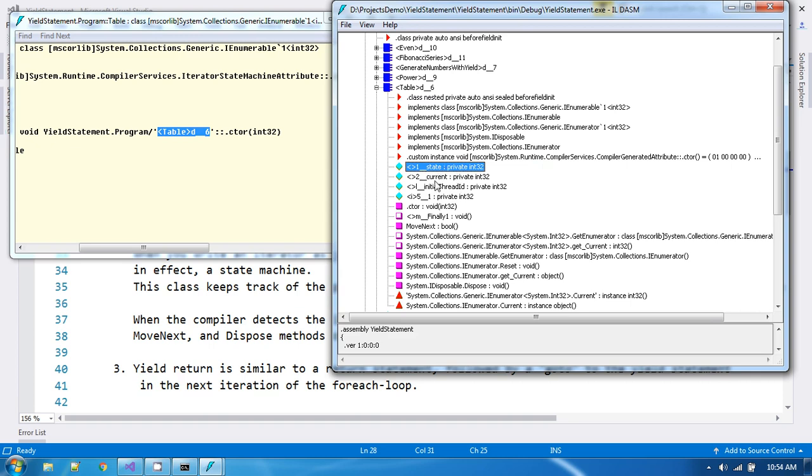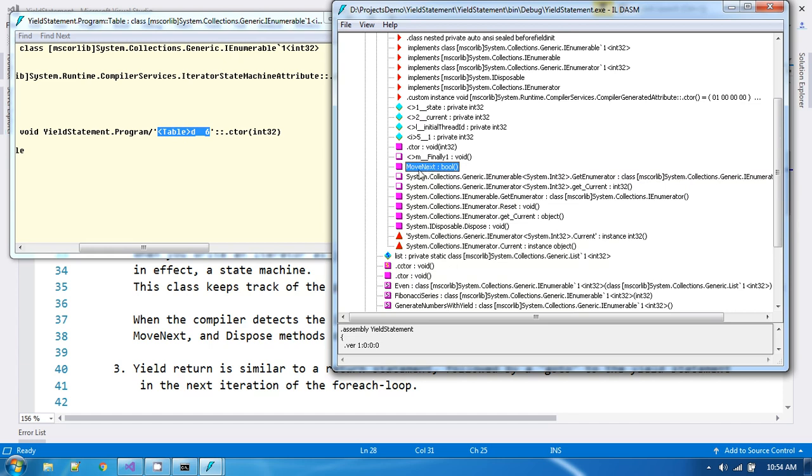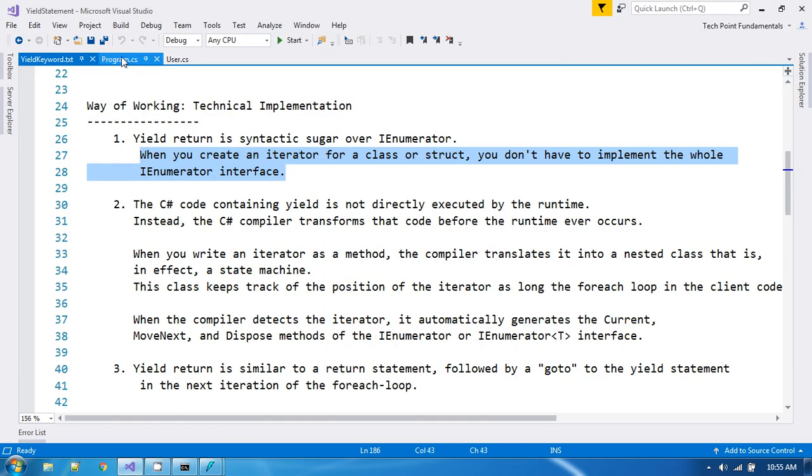See the current state and current; these two variables are created to maintain the current state. Initial thread, which starts the thread, and a private variable which is used within this iterator, and the finally block is also there. And this MoveNext, I have shown you this MoveNext in the IEnumerator demo. We use this MoveNext to go to the next element in the list. And similarly, GetEnumerator, this is the method which implements, and GetCurrent which we have used, if you remember,